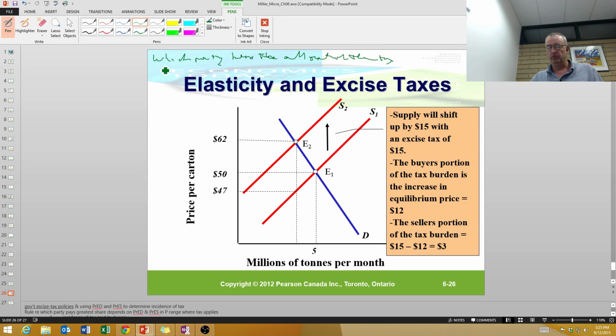So the rule, part A: the incidence paid by the buyer equals